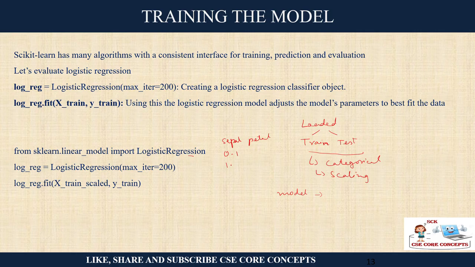So it is 1.0, 0.5, this way the data is there. Understood? What are these values? These are all continuous values. But what is the target Y? That will tell you whether the type of the flower is Iris setosa, virginica, or versicolor. For each of them, you have assigned one category number: 0, 1, and 2. So what is the nature of the data? X is continuous, and Y is categorical. So in these cases, the algorithm that will fit is logistic regression.